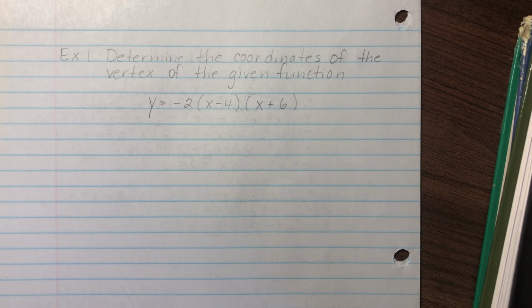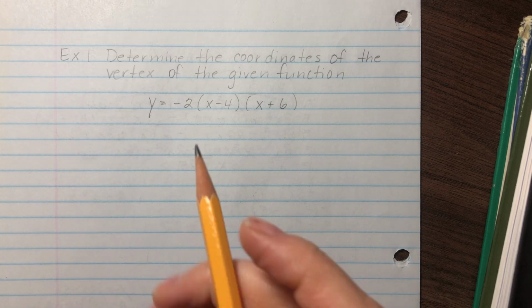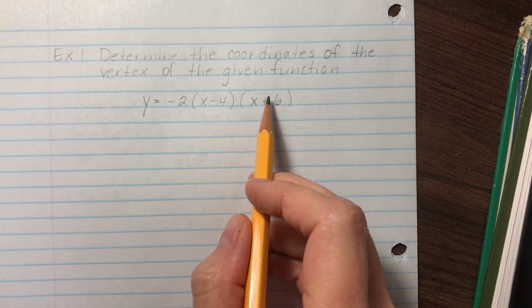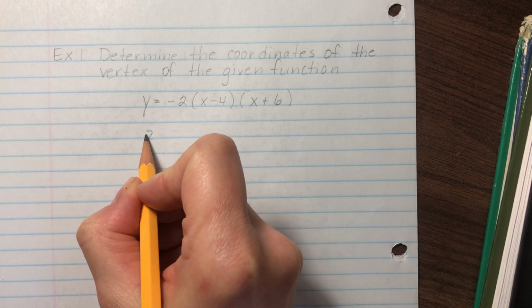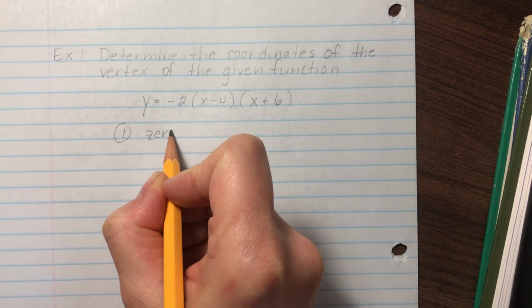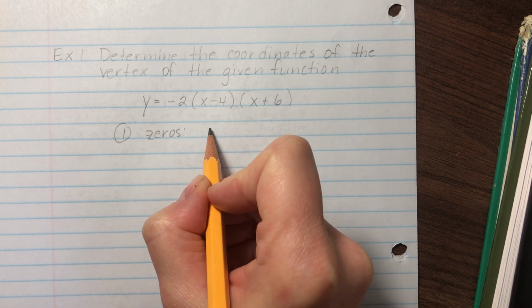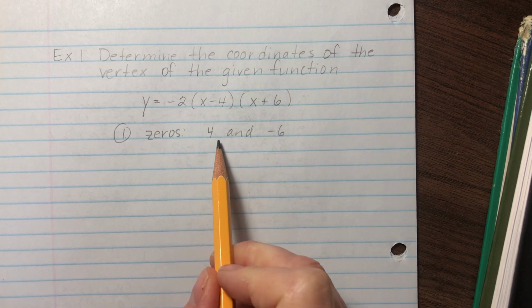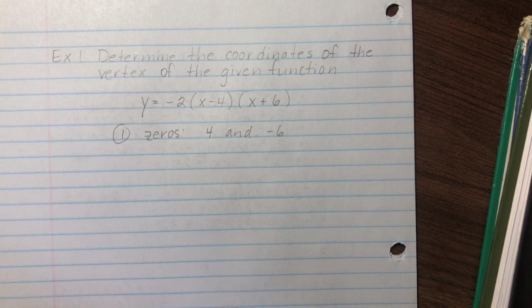In this video, we're going to review how to determine the coordinates of the vertex from the factored form of a quadratic relation. So recall, in order to determine the coordinates of the vertex, first we need to determine the zeros. So if I look at this relation of y equals -2 times (x - 4) times (x + 6), the zeros will be 4 and -6, since these are the values of x that will give me a corresponding y coordinate